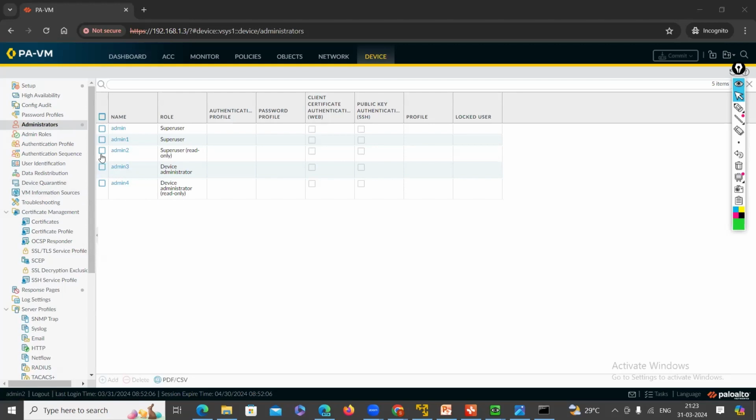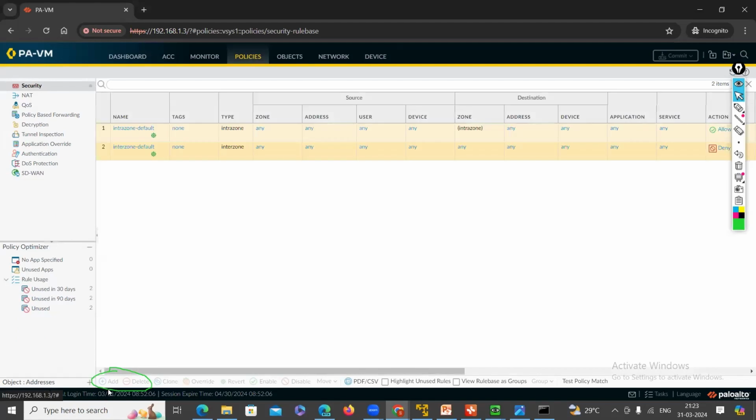So let me try to create a new administrator account. You can see that these creation and deletion features are disabled because he has a read-only privilege. He can just read whatever the device super user can configure. He cannot write. The same way, let me go to create a policy, and you can see that